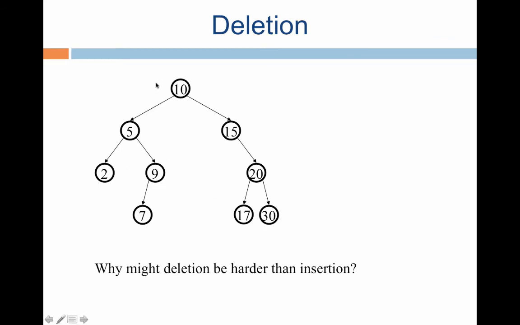Okay. So now let's come to the last topic when it comes to talking about binary search trees. How does one delete a particular key? Would deletion be harder than insertion? Insertion, remember, was quite easy. You just traverse the tree guided by the particular key you want to insert. If you found it in the tree, you say that you've already found it. If you didn't find it, you will reach a leaf node and insert it as the appropriate child of that particular leaf node. That is the insertion rule.